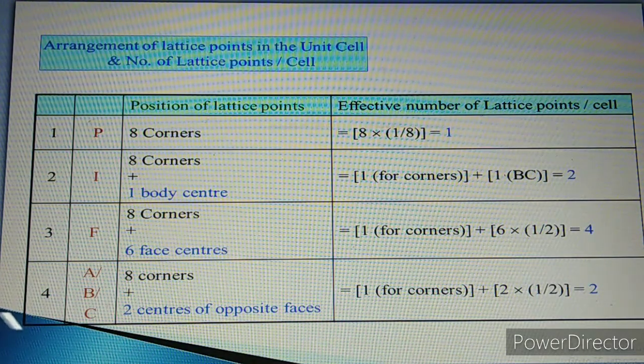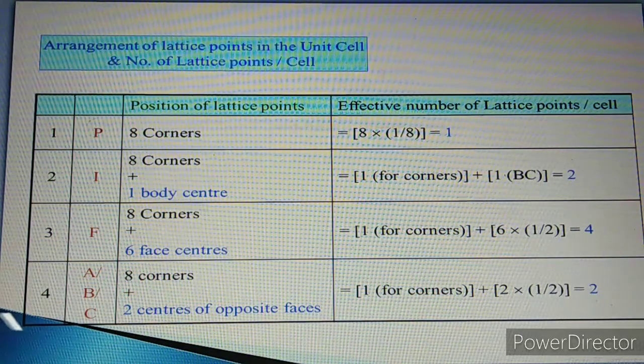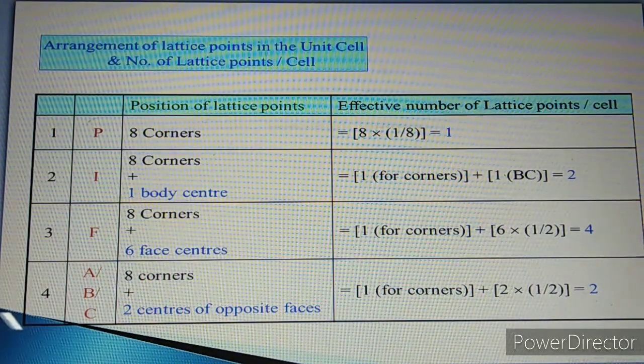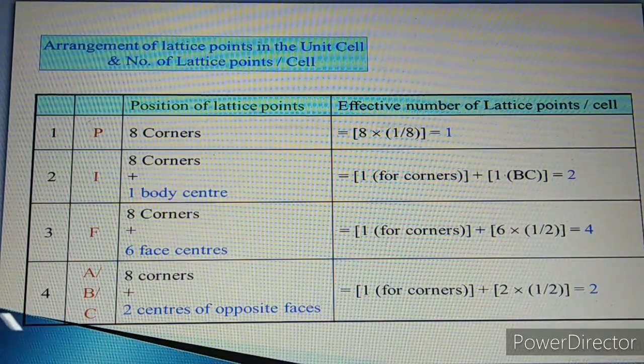While in the face centered cubic structure, again there are 8 corners. The contribution of every particle at the corner is 1/8. In addition to that, the cube has 6 faces, and at each face half a particle is contributed. So 1/8 per corner times 8, plus 6 faces multiplied by 1/2, because half a particle is present on every face. So the number of constituent particles in the FCC type of structure is 4. That we already learned in the previous PPT.